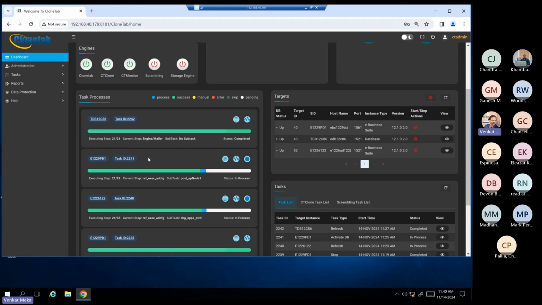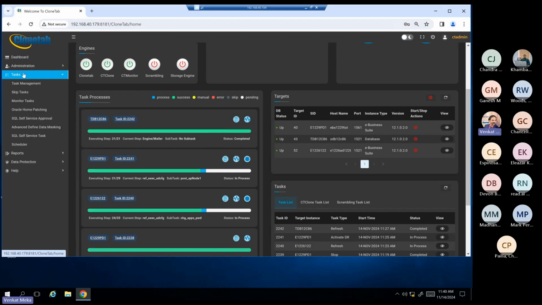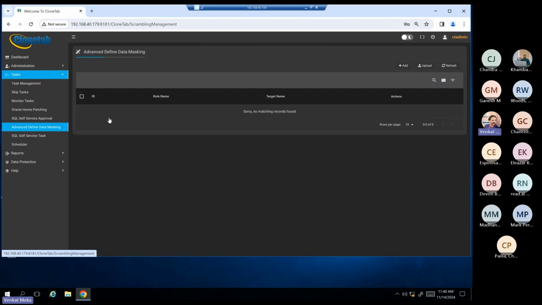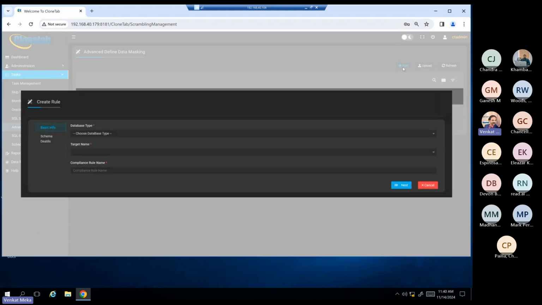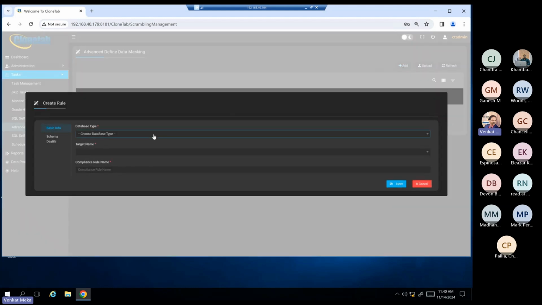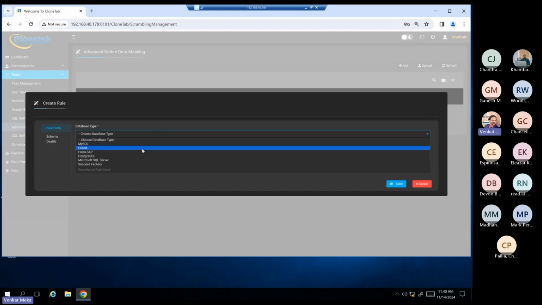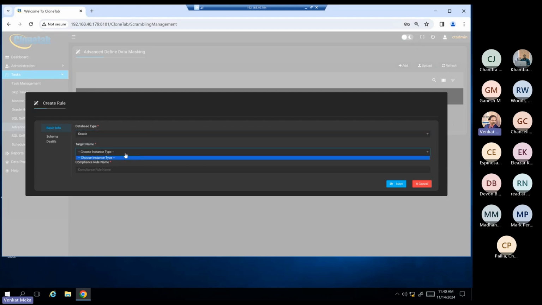So there is a UI screen. In the tasks, there is an advanced data masking screen. This is where you click on the add button, and you say these are the fields that I want to scramble. For the database type, for example, I pick Oracle, and in the same way the target name, which is my target.